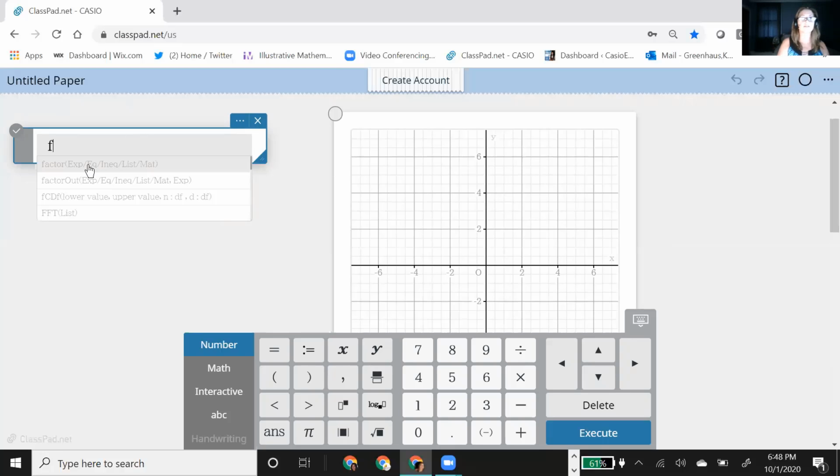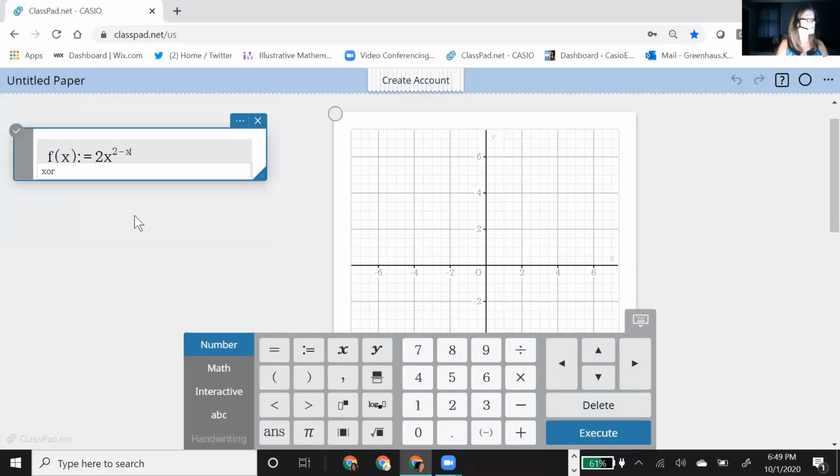So here's my next example. So I'm going to use f of x, whoops, and to define something basically that you want to use over and over again, that's why we call it a define thing, you're going to use, instead of equals, this little button right here, this little template, which is the define button. So it's a colon equal if you're just typing on your computer. So I'm going to enter, my second one's going to be a parabola.